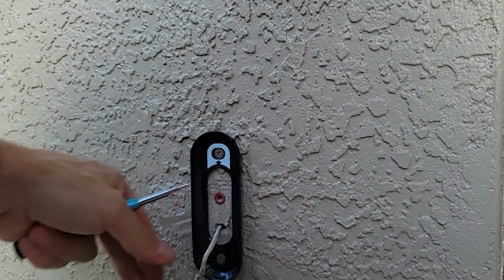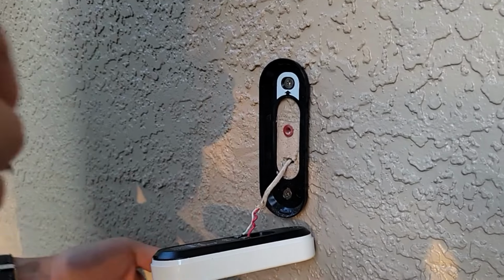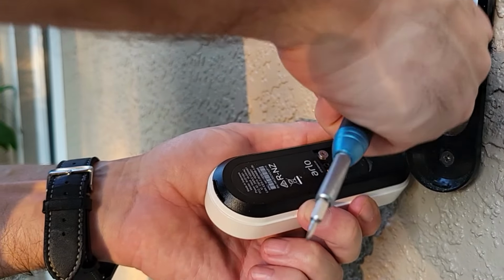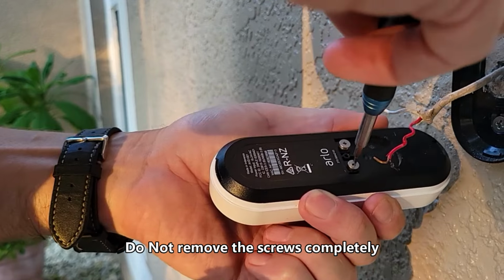Once you release and remove the video doorbell, make sure you grab the wiring and pull it out. Don't tug on the video doorbell because the wires can rip out from the connections. Turn the screws counterclockwise to loosen the wires. Make sure the copper ends do not touch. It is low voltage, but you still don't want the copper ends to touch because it will spark and short